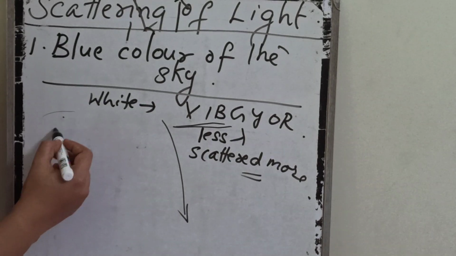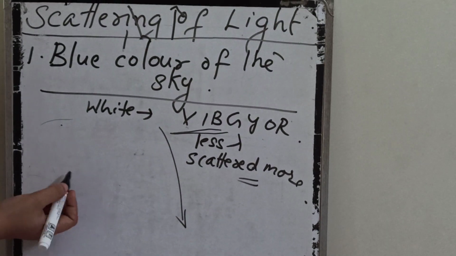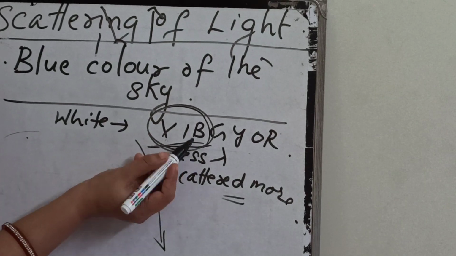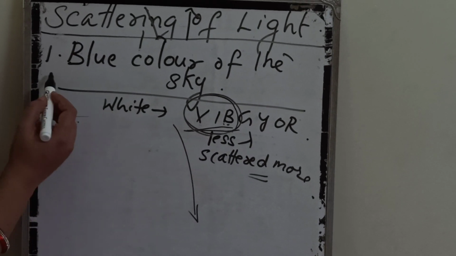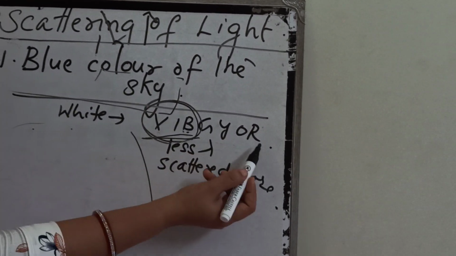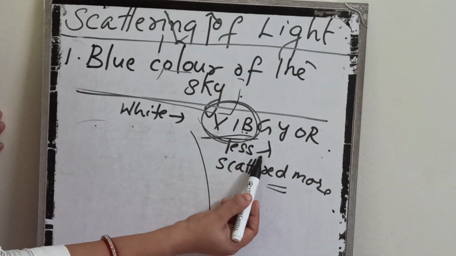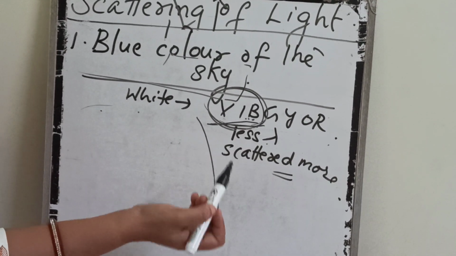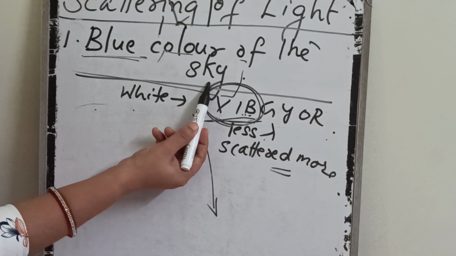So, the particles present in the atmosphere, can be dust particles, pollen grains, water molecules, whatever it is, will scatter which light? Blue color. They can all be visible in the form of blue color, and also our eyes are predominant to the color blue. That is why this sky appears blue. Okay. So, the white light having 7 colors. Then this region, that is violet, indigo, blue region, have the less wavelength. So it will be scattered more. As the scattering is more and our eyes are predominant to this blue color, we can observe the sky as blue. That is the point.